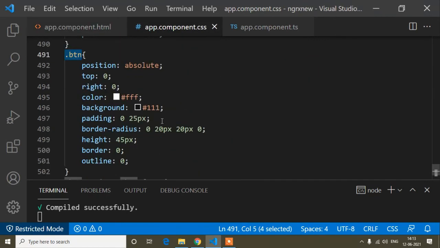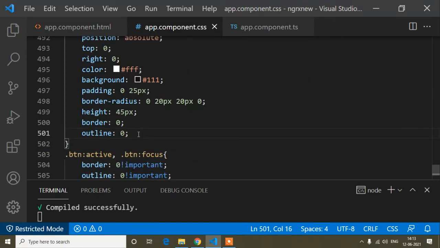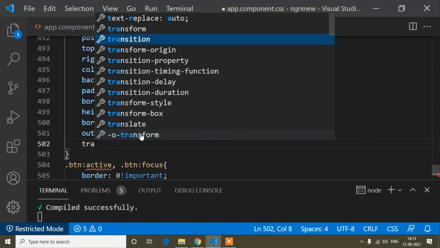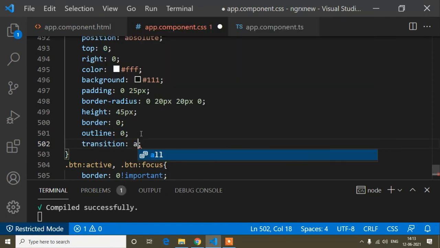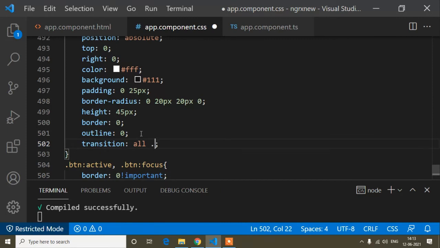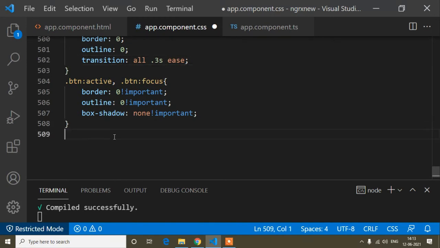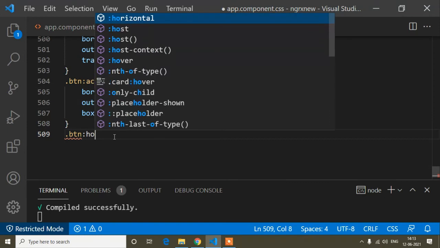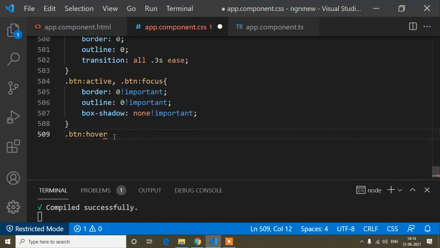Here I will write the transition, because I will add the hover effect. For making the hover effect smooth, I will write transition: all 0.3s. And now I will paste this button, and when I hover on this button, that time I will change this eye color. I'll change its color to this one.